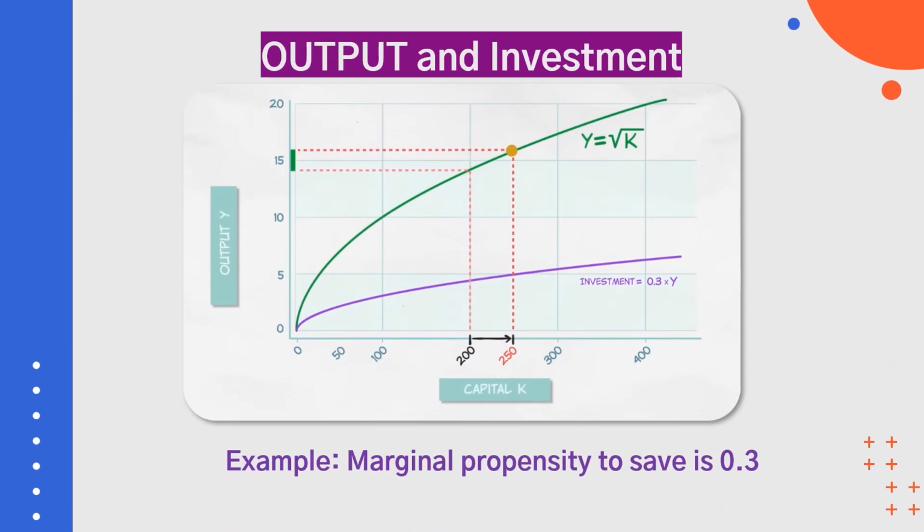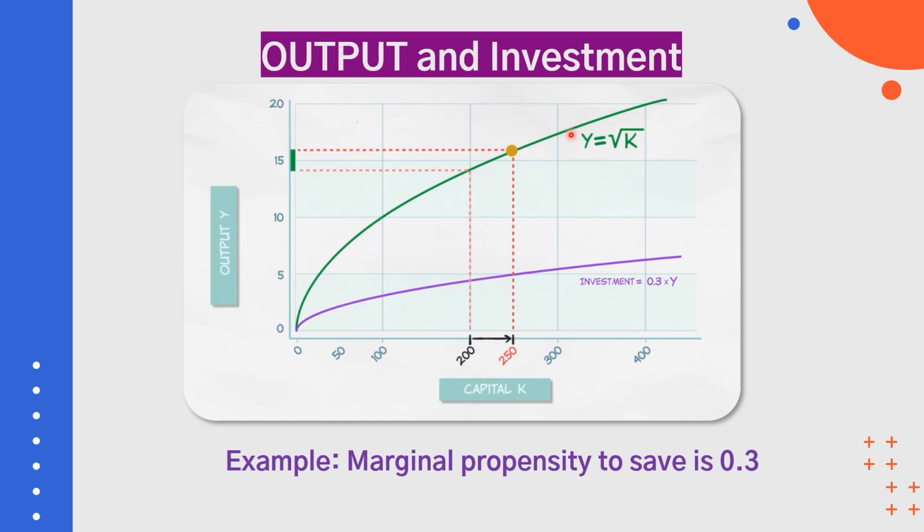Now, let's explore the relationship between output and investment, which is essential to understanding economic growth. Higher output usually leads to higher investment. This is our output and this is our investment, because the major source of investment is output, which helps you to generate your revenue. When the economy produces more goods and services, it generates more income, which allows the companies to save more. Higher saving means more funds are available for investment in capital goods like machines, factories, and infrastructure. This is something which underlines the cyclical nature of macroeconomics.